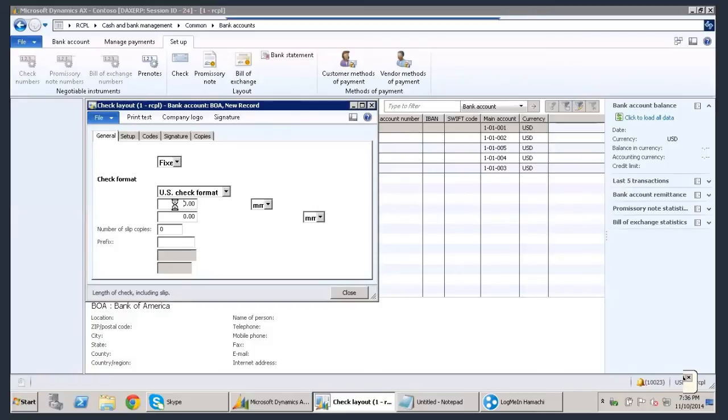So this technical guy, without studying or analyzing, based on the functional consulting guy, made the change behind the screen and extrapolated the check up to 270 mm. By doing that, the stubs which are above the check disappeared. Only the check got elongated, up to 270 mm. This is very, very important.